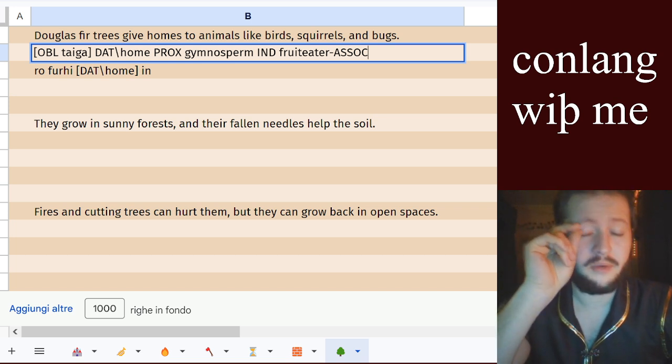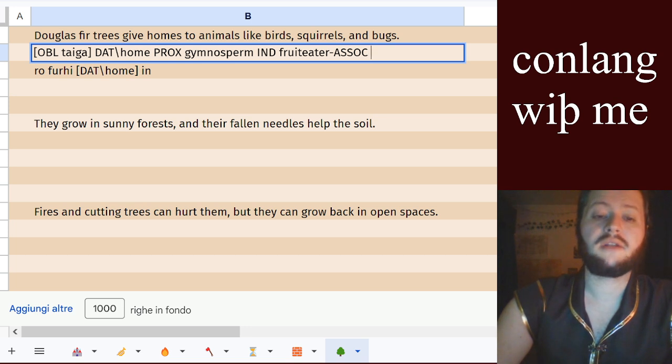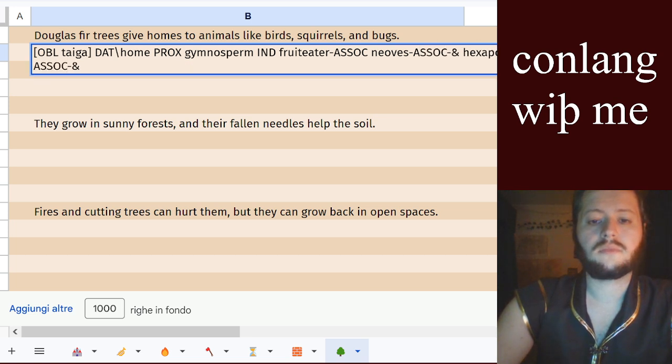Very few people probably know what I'm talking about, but it would be like fruit eater, I guess bird, that would be like neoaves, and I guess hexapod is what I'll do, and these would all be associative as well. So everything except for the first one is marked, but